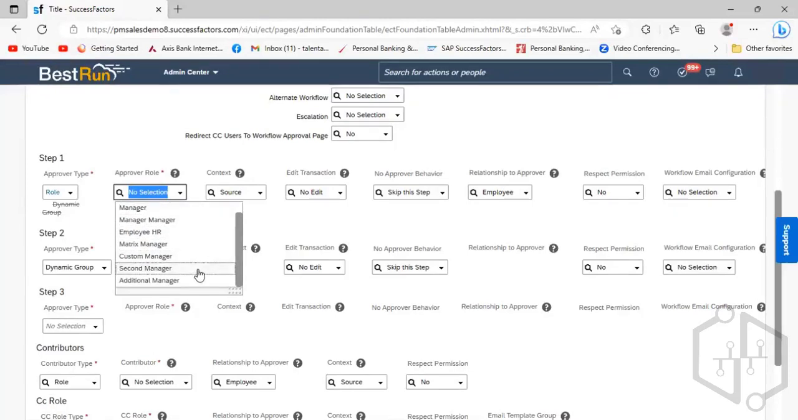What do we mean by standard roles? These are the default roles already there in SuccessFactors, already defined by SAP. So we don't have to create any new role, because these standard roles will show if you select the approver type as role, and the entire list will be there. So what exactly is the role? To understand the role,